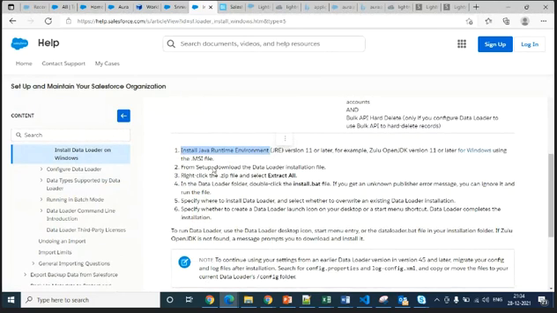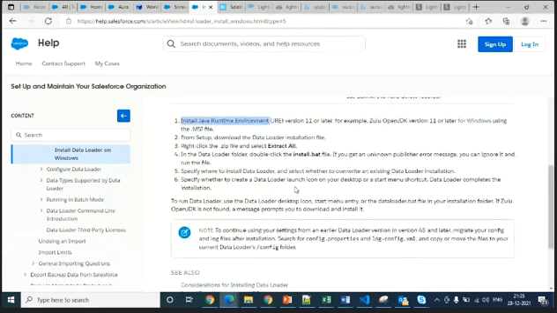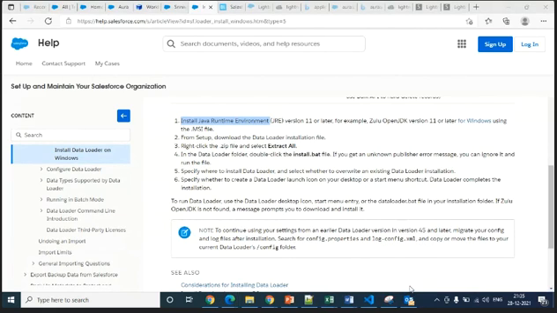First, you need to install JDK. Then you have to install the data loader file, extract it, install it and run it. I suggest that most of the time you try to use the data loader internal tool when you are working. For now, it is okay for learning, but when you are working, it's better to.